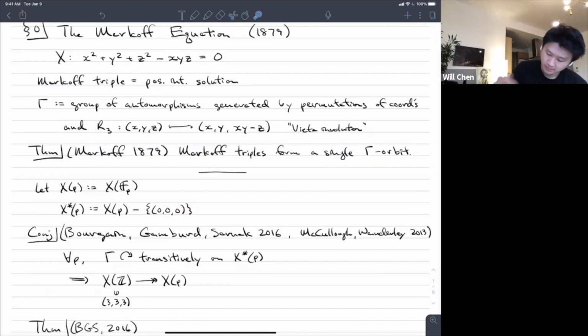Okay, so the fact that this action of gamma is transitive actually tells you a little more. It tells you that,